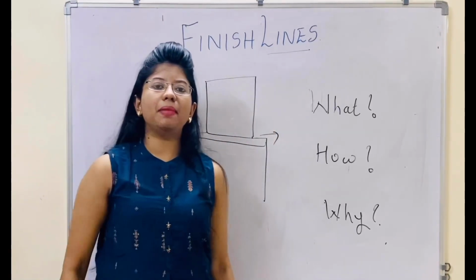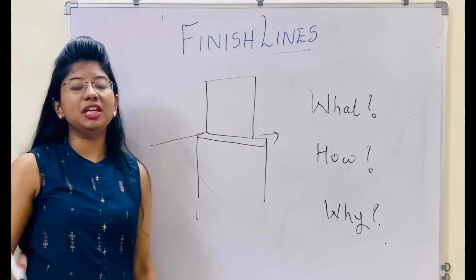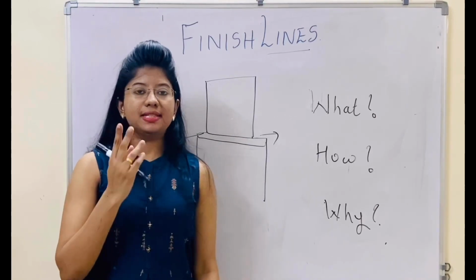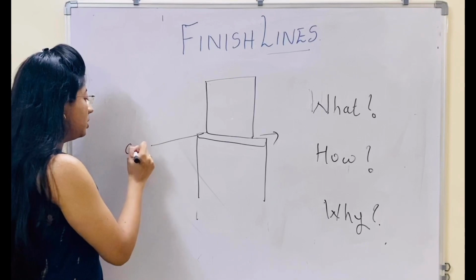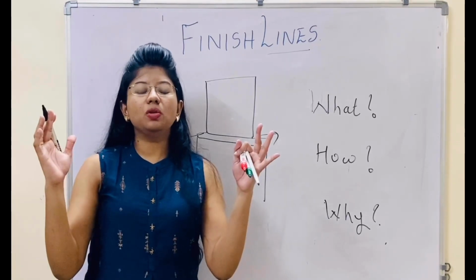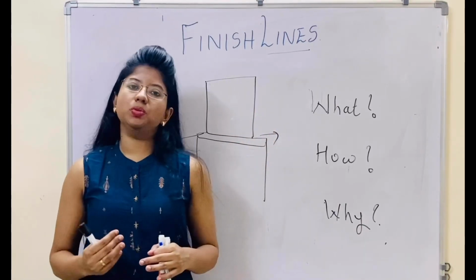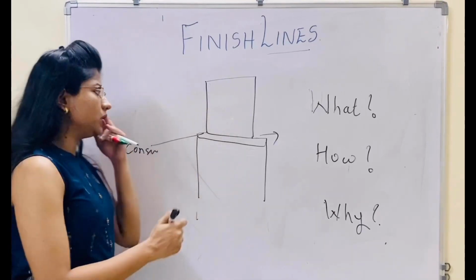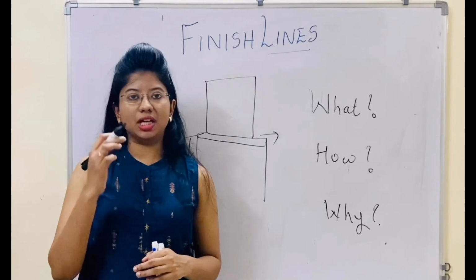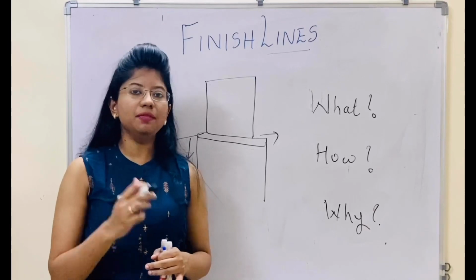The next question in my mind is, how must your finish line be? Your finish line must be smooth. It should have adequate contour. Secondly, it should be conservative. Why does it need to be conservative? It should not go for extra reduction of the tooth. Always we should preserve our tooth structure. Then it should not cause destruction to the tissues. It should not hurt the gingiva. Those are certain peculiar characteristics which you need to maintain while giving a finish line.